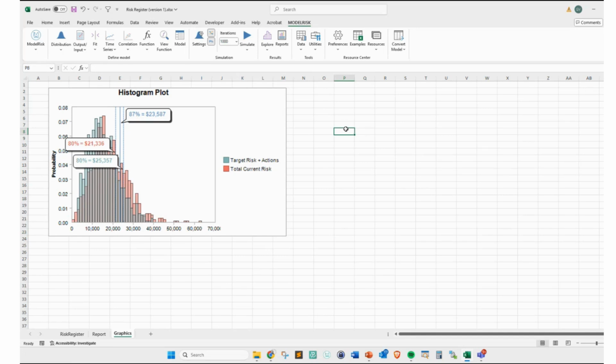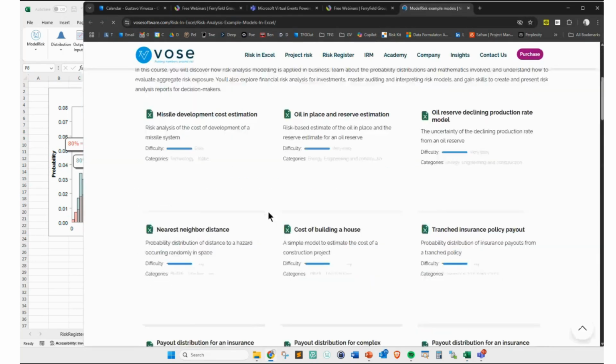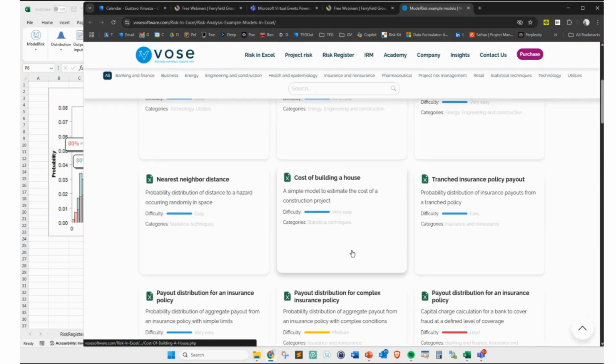So with this, I would like to finish this presentation. The presentation, you see, it's a simple introduction to ModelRisk. A couple of things that I would really like to stress out from ModelRisk that you will find very useful is that you have these examples. This is going to take you to a website. And this website has these very nice examples. You see here,